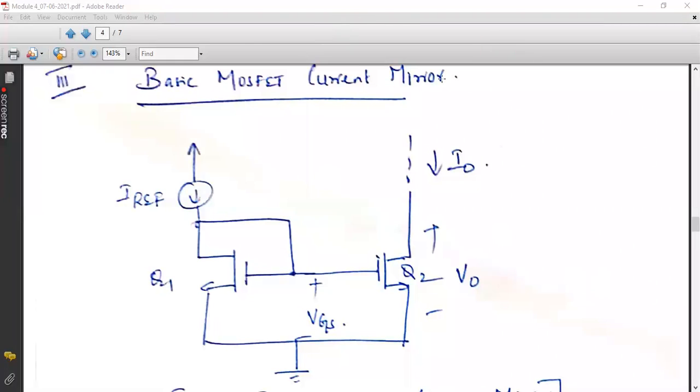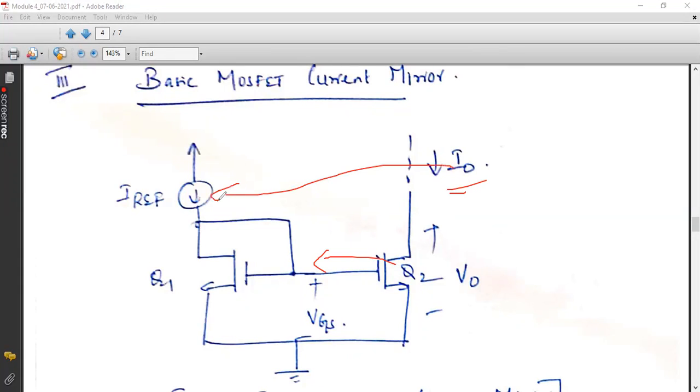So this is a basic MOSFET current mirror circuit where you are using a reference current source at Q1. By using a simple resistive network, you have generated a required reference current, and I have fixed this in this particular terminal. And by using transistor Q2, if it is perfectly matched, you can get the same current I0,